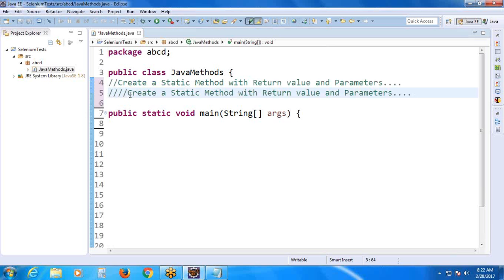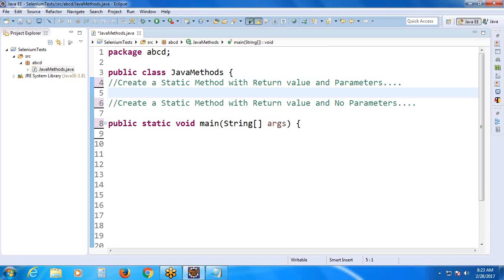Create a static method with return value and no parameters. First one, suppose multiplication, multiply. Suppose public static int